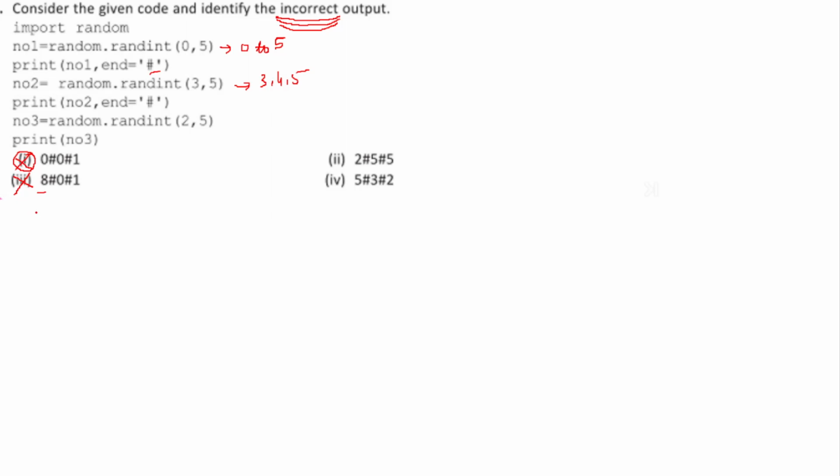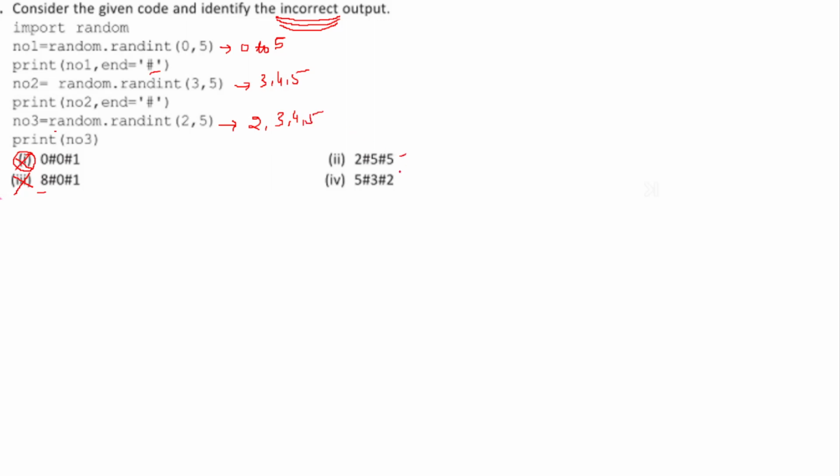Then number 3 is random dot randint 2 comma 5. So the possible values are 2, 3, 4 and 5.